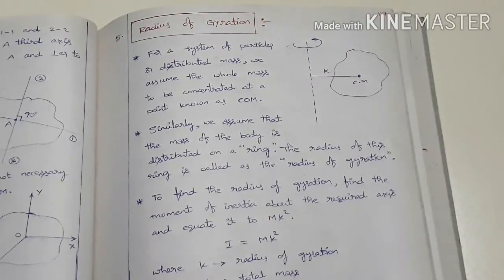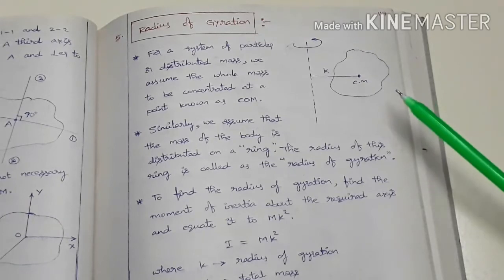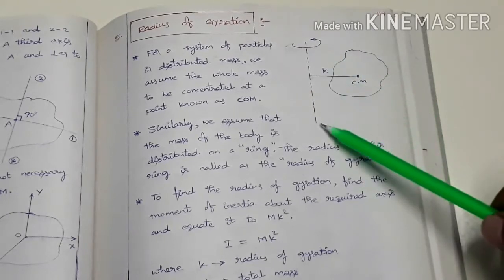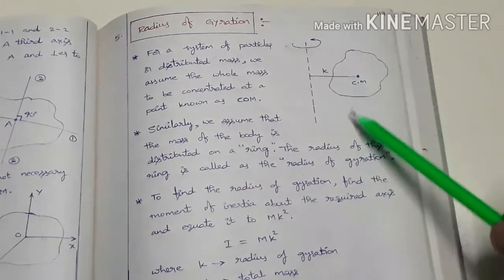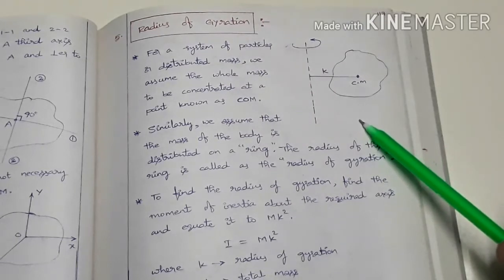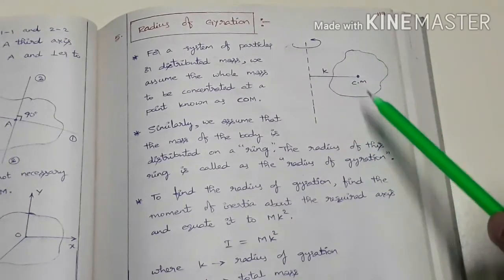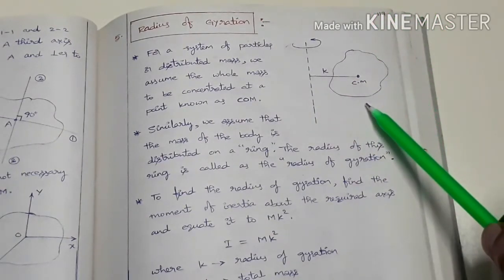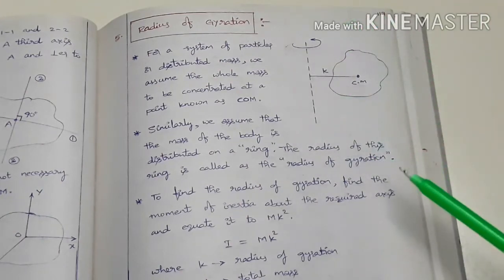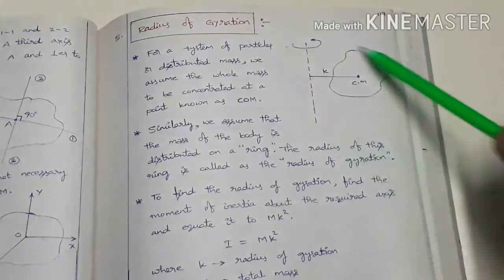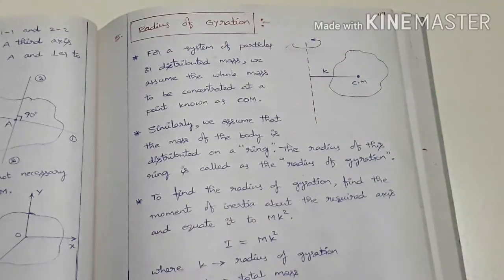Next one is the radius of gyration. So what is the radius of gyration? It is very simple. Suppose a body is given to us, an axis of rotation is mentioned, and its moment of inertia is given to us, then how can we find its radius of gyration? Simply imagine that the body is changed into a circular ring of some radius k, such that the moment of inertia about its geometrical axis is equal to the moment of inertia of this given case. Then the radius of that ring, that is k, is known as the radius of gyration.